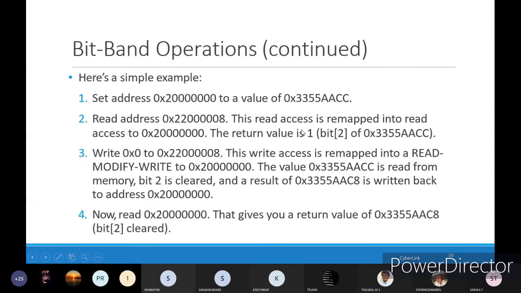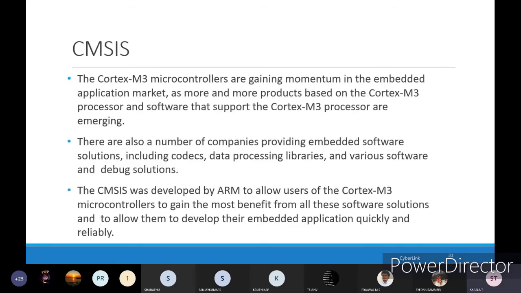Yes, ma'am. Yeah, this is how we are going to do bit band operation. That is an example I have shown here. Okay,